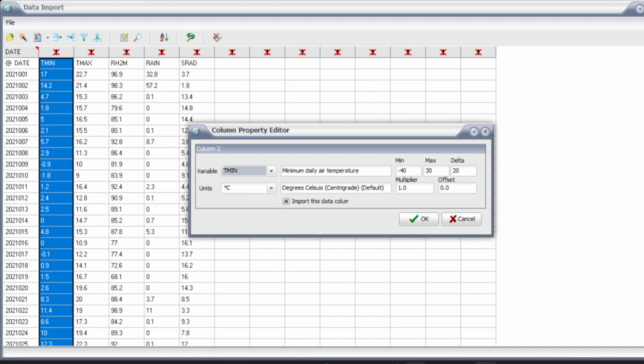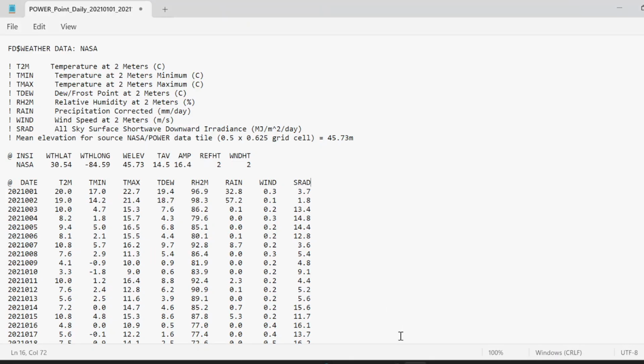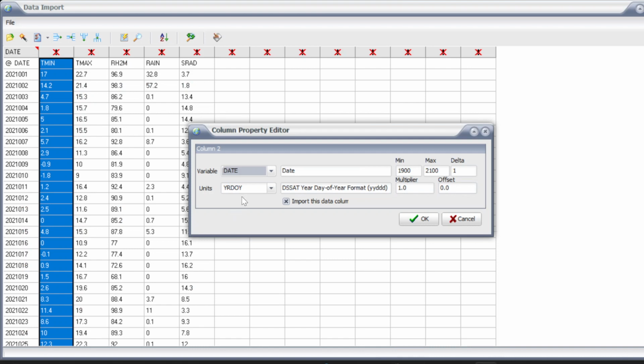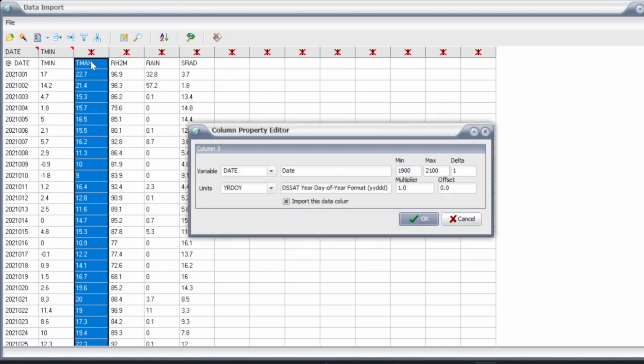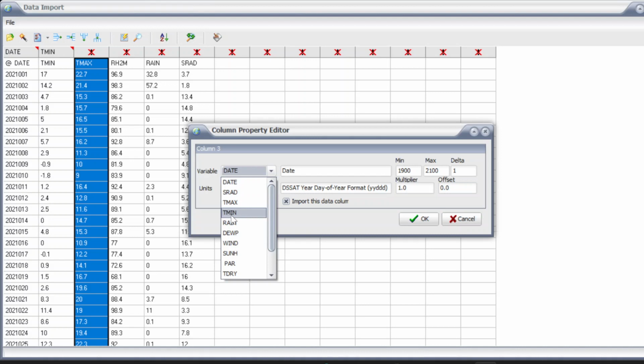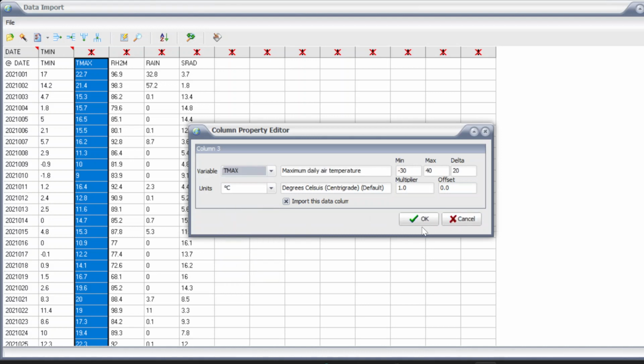We know the units from here. Our file is in centigrade. This was the T minimum, centigrade. Press OK, and then click here, right click on the cross section, and you will see T maximum. OK,